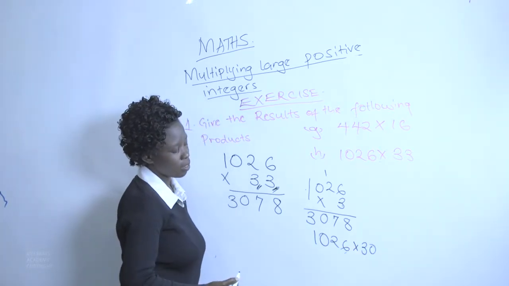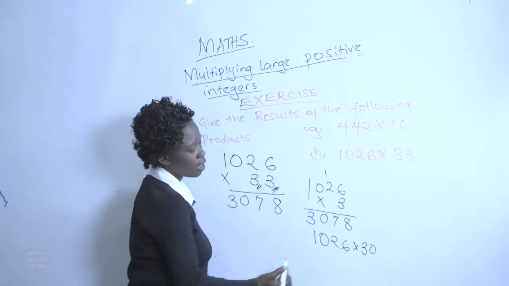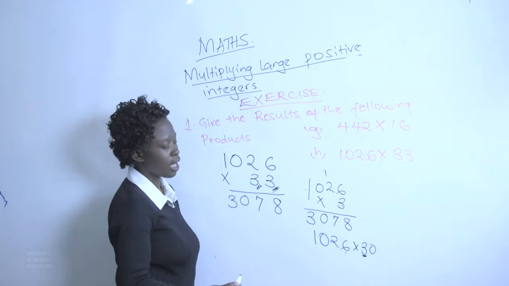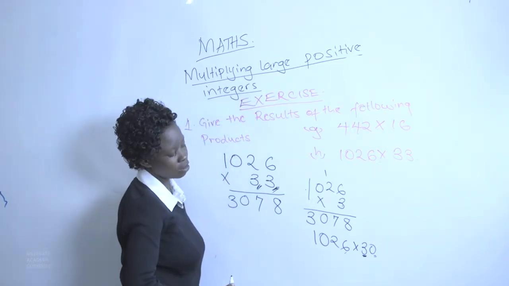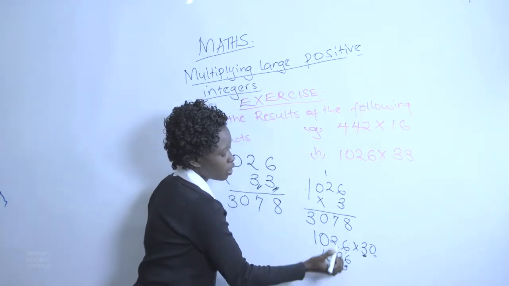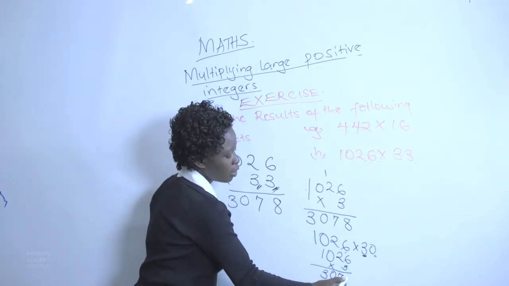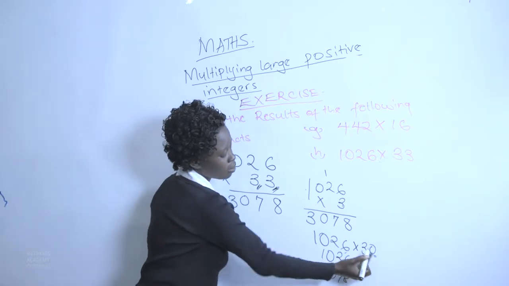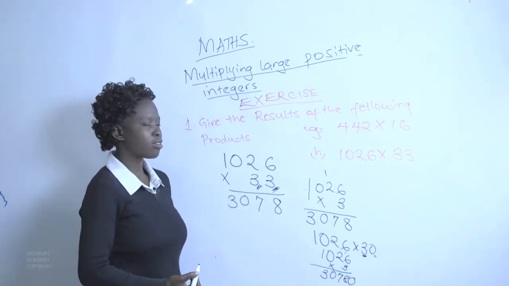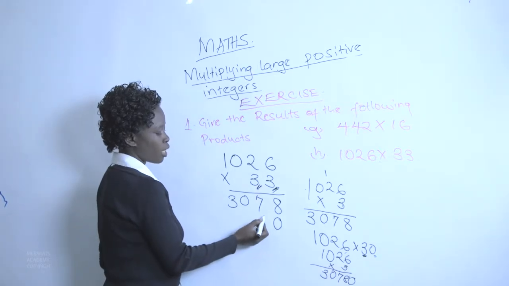And being multiplied by 30, 30 is a multiple of 10. Being a multiple of 10, it means that I'll start by multiplying by 3, then to the answer obtained, I'll add the 0 that is on that 30. So when I multiply 1026 by 3, we've already worked it out earlier on, and we are getting 3078. Then we have a 0 on 30, so we add the 0 on that 30 so that we get 30,780. So transferring my detail to this point, we are having,